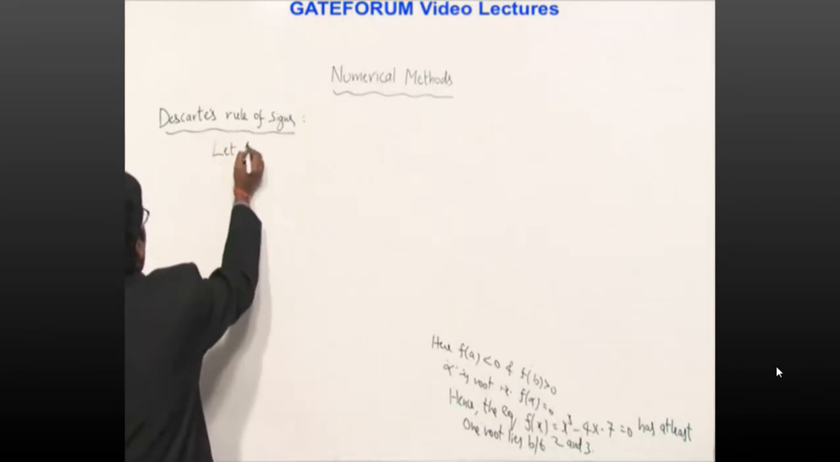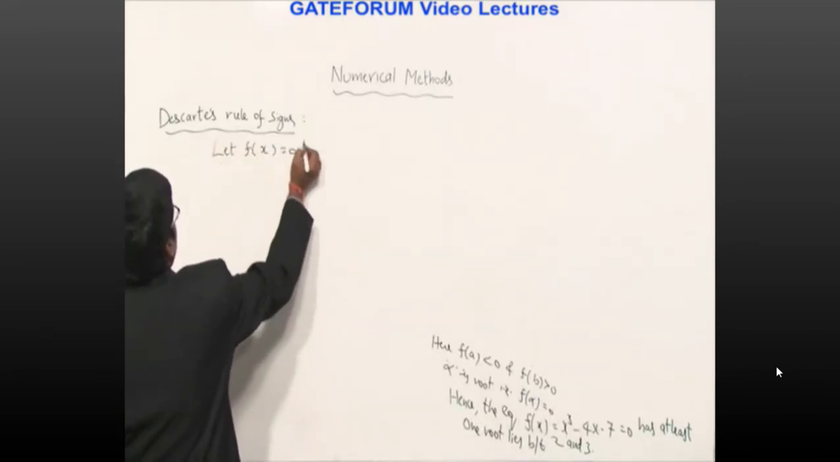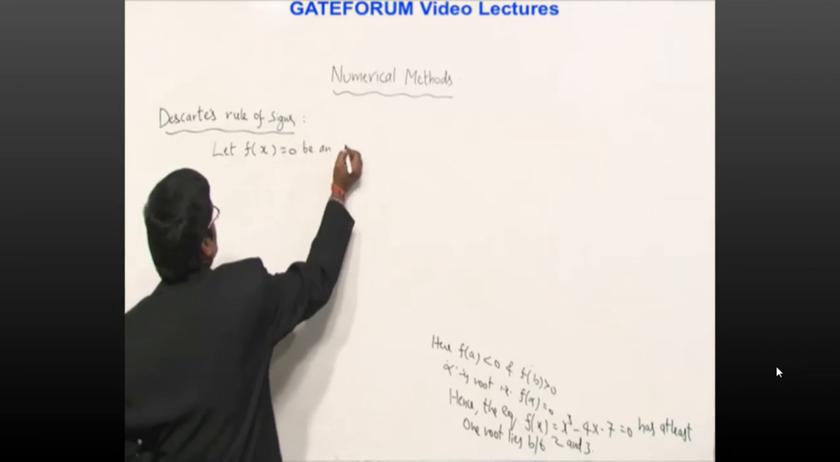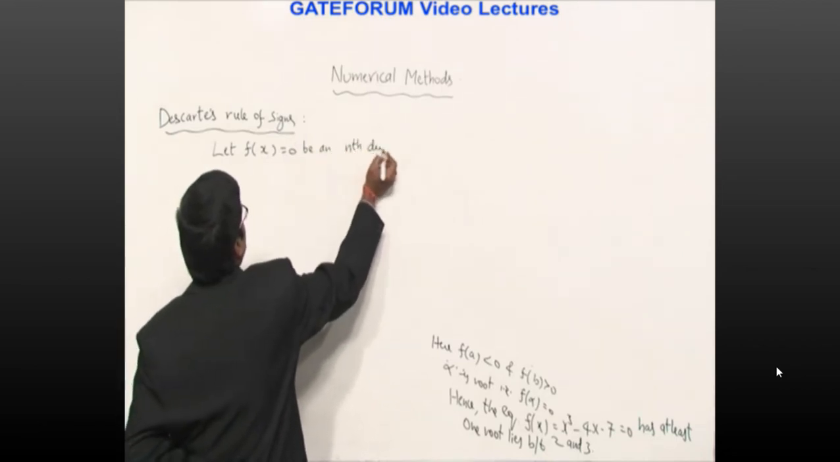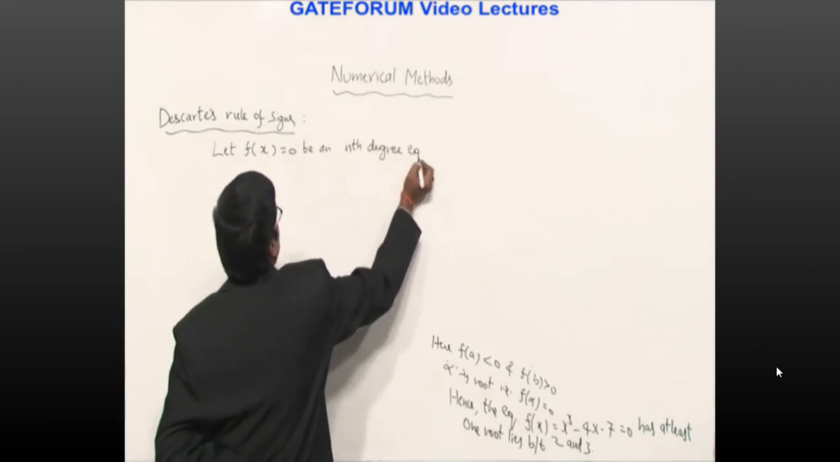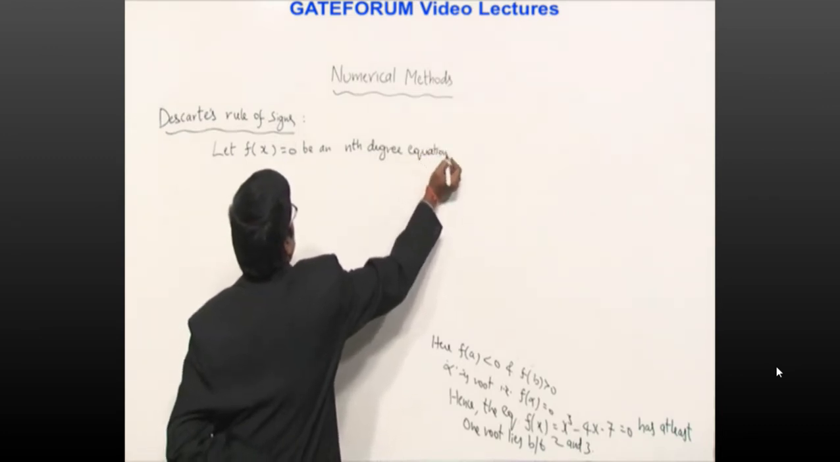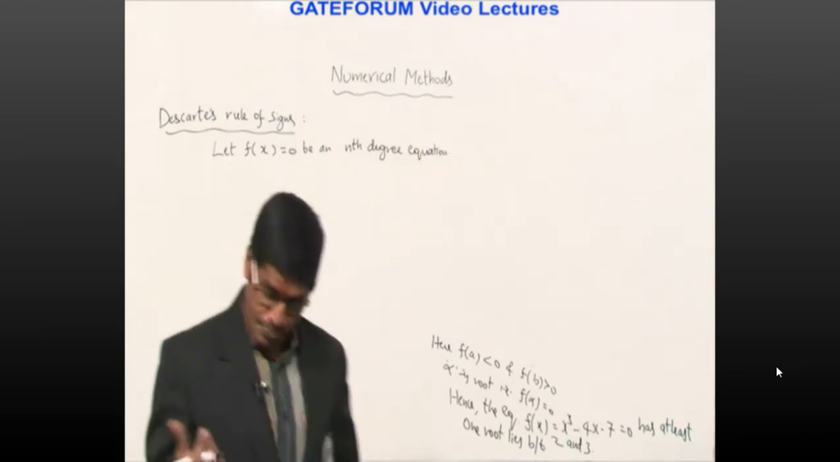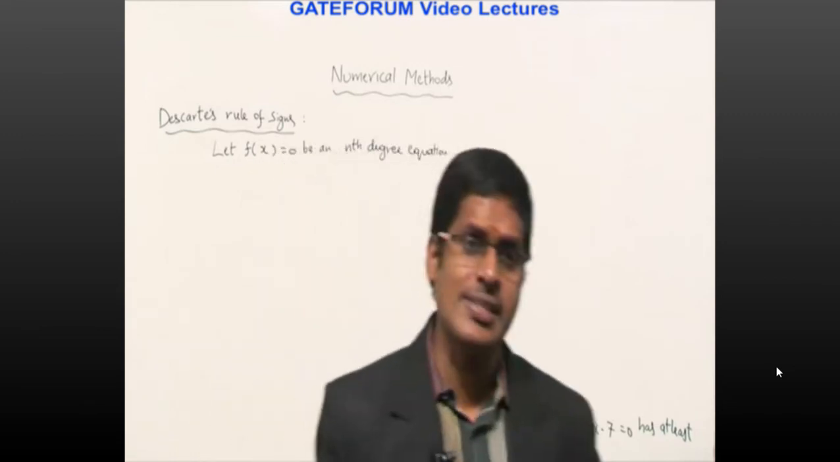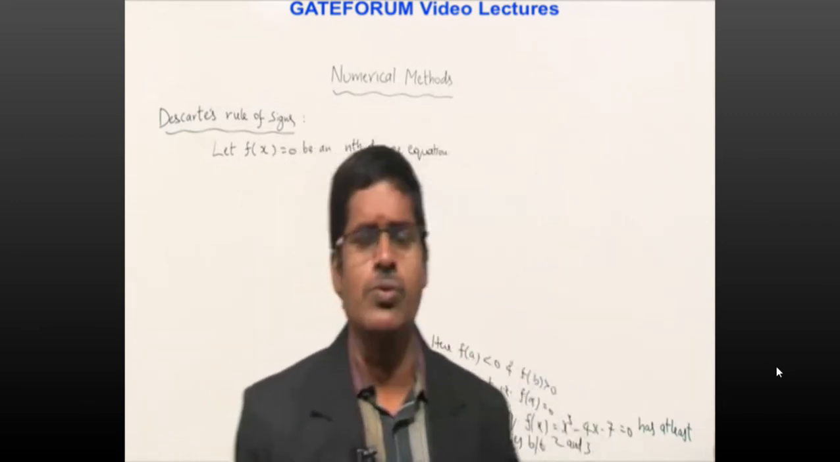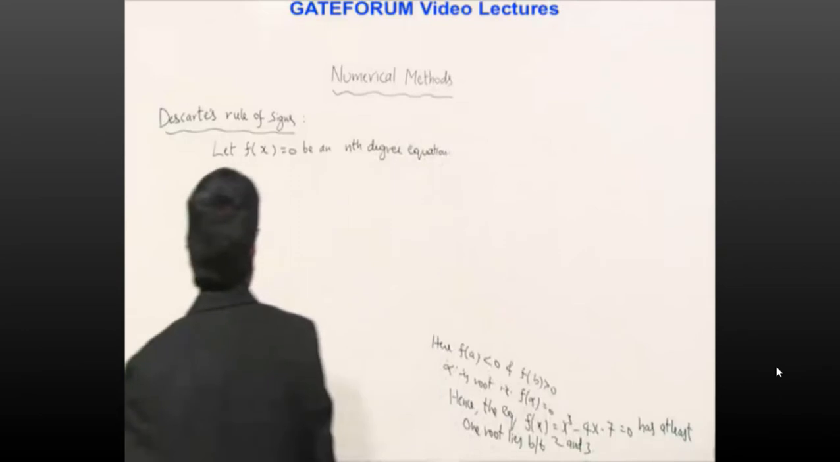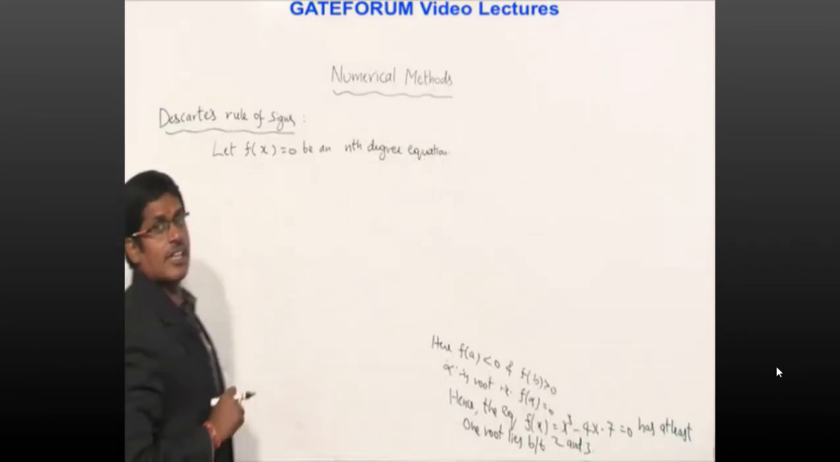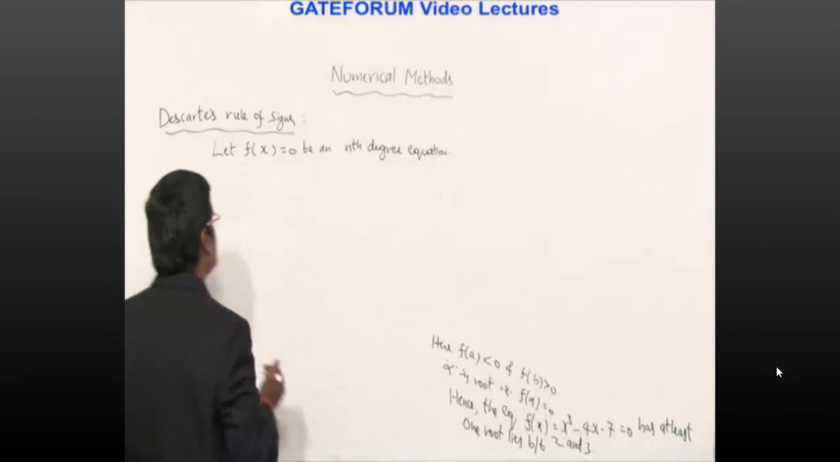Let f of x equal to 0 be an nth degree equation. What is an nth degree equation? That is, the highest power of x is n, whose coefficient is not equal to 0. Polynomial equation. Generally, nth degree means it is a polynomial equation of degree n. Then